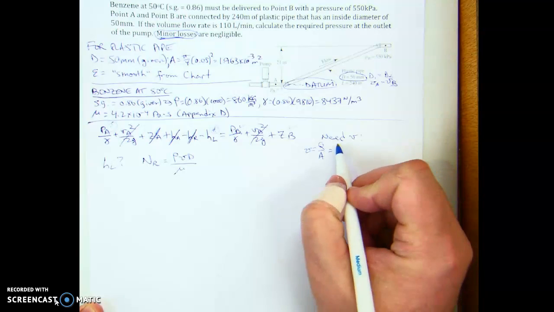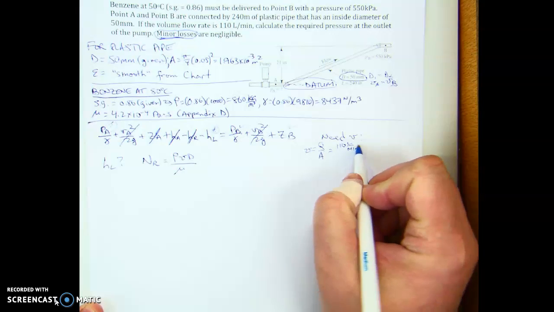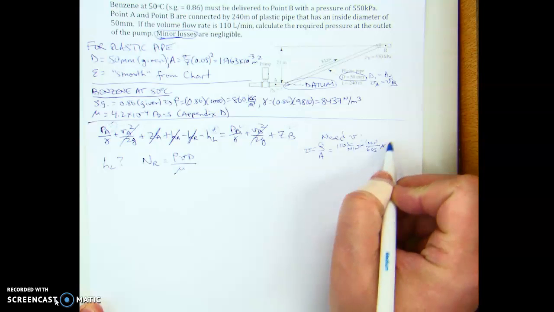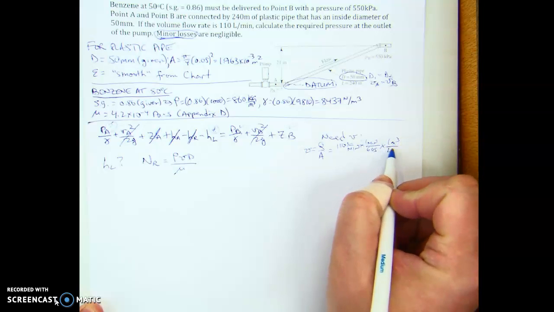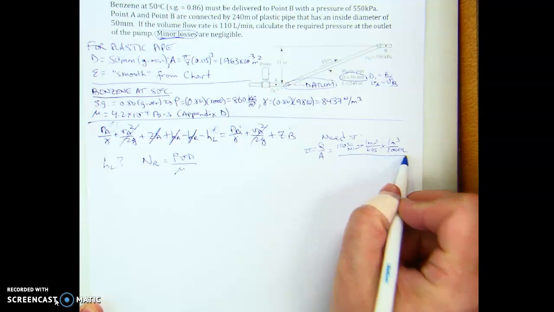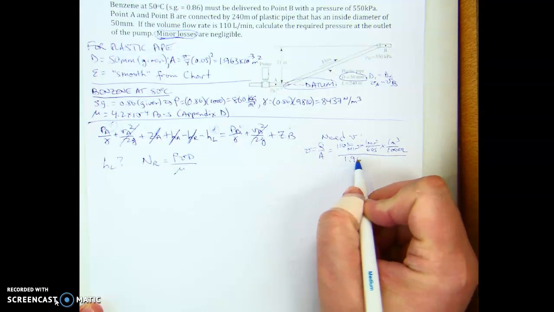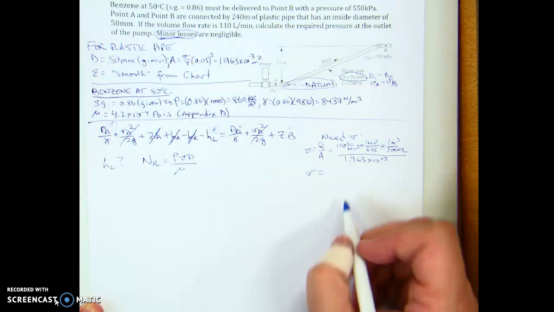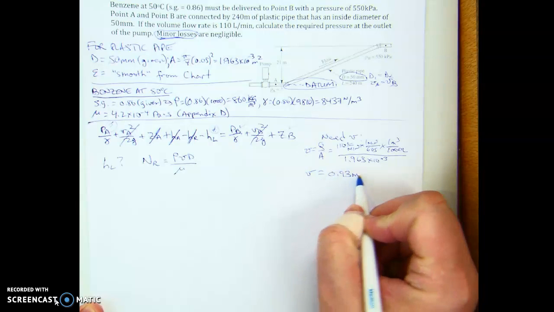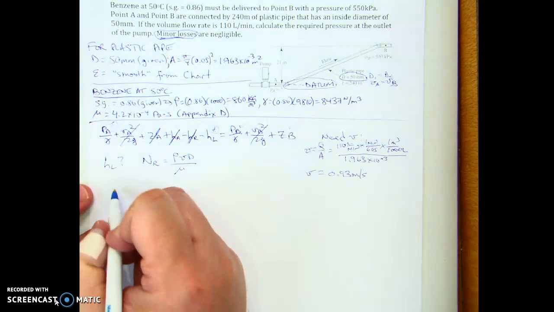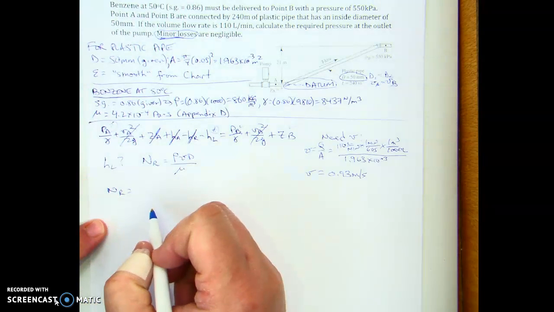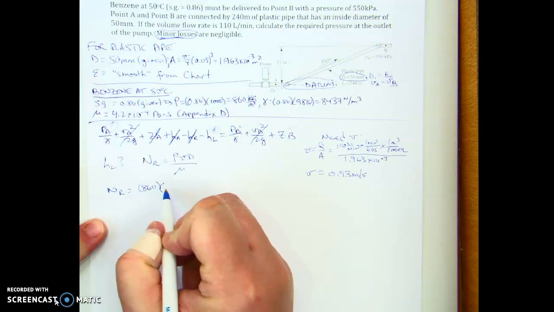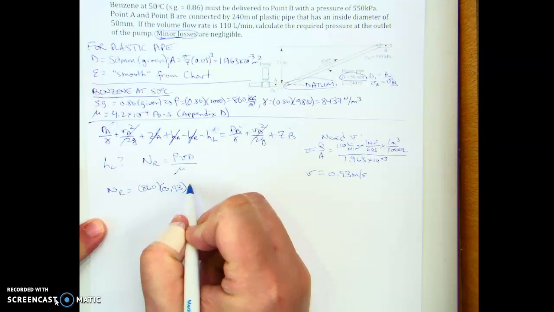Our Q is 110 liters per minute, and that's times 1 minute per 60 seconds times 1 cubic meter over 1,000 liters. And then our area I had already calculated as 1.963 times 10 to the minus 3. That gave a velocity of 0.93 meters per second. So now I can get my Reynolds number is going to be equal to 860